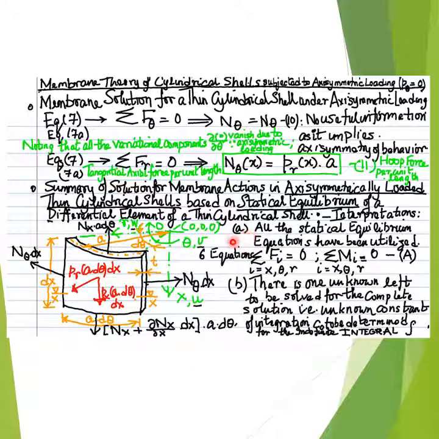A, on the application of the two assumptions, that is assumption 1 and assumption 2, wherein assumption 1 is the thin shell assumption while assumption 2 is the assumption of axisymmetry or axisymmetric conditions in the thin cylindrical shell, all the statical equilibrium equations, that is the three force equilibrium equations and the three moment equilibrium equations, have been utilized to simplify the state of internal actions in the thin cylindrical shell,